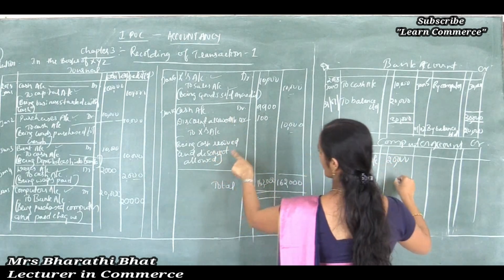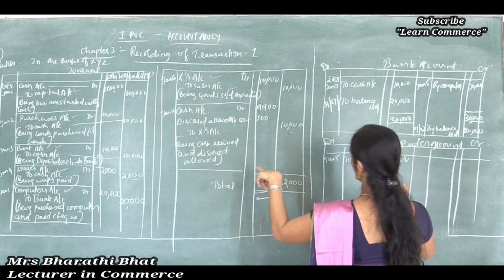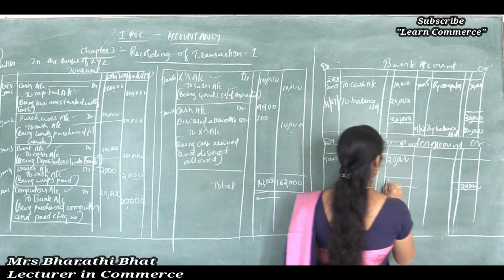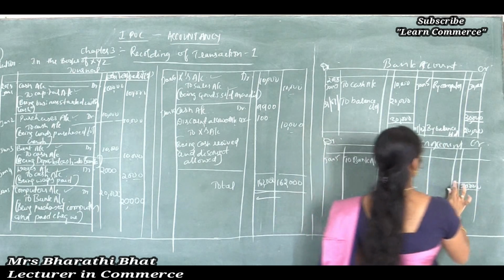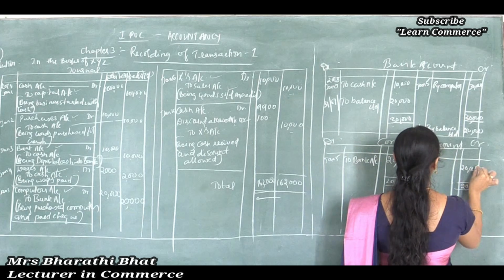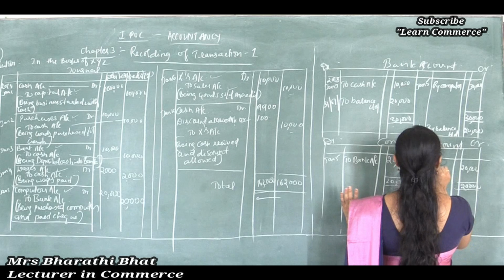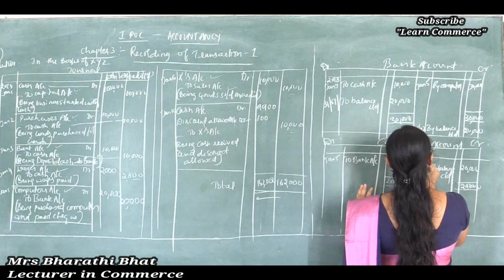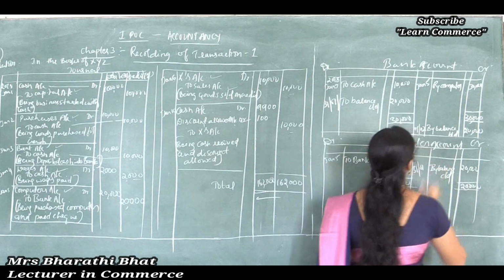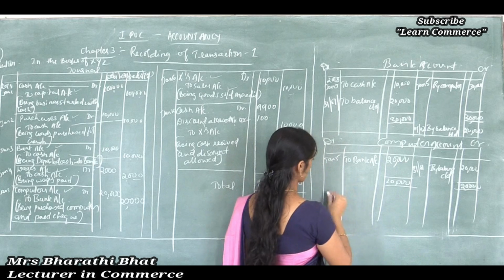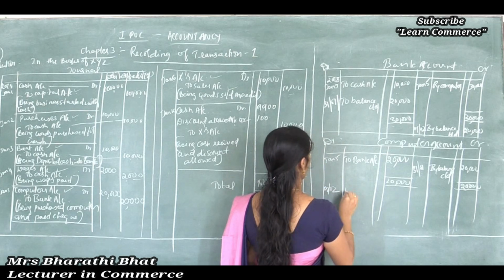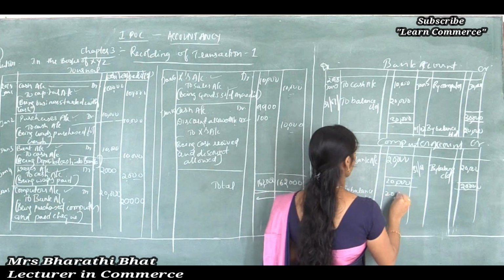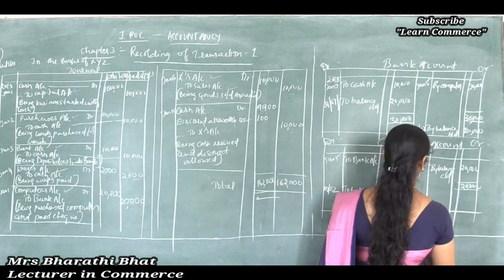20,000. Is there any other effect or other transactions affected to computer? No. Greater amount should write under both sides, 20,000, and on the lesser side carried down, 20,000 minus 20,000, as by balance carried down. Date 31st January. And next below the total, 1st February as to balance brought down, amount 20,000. Close the account.